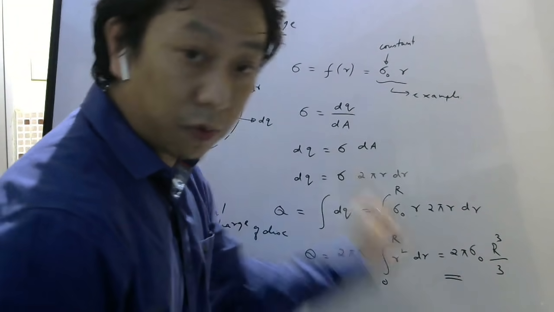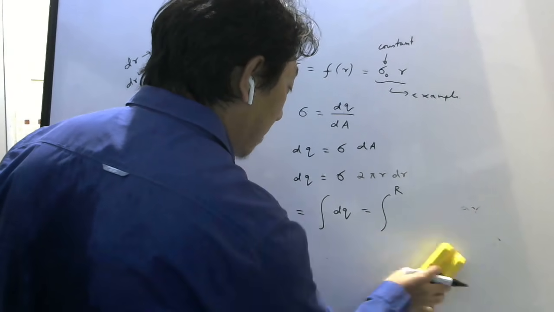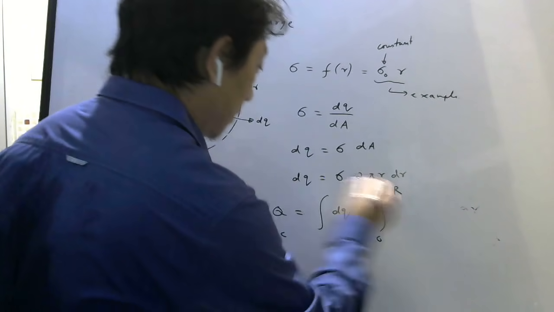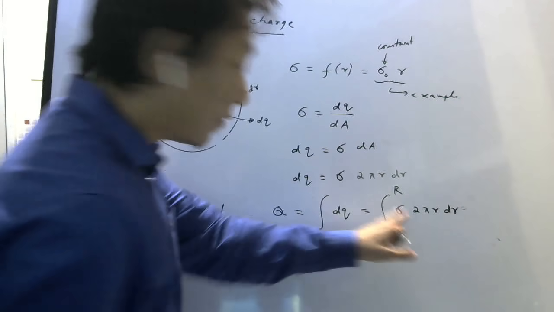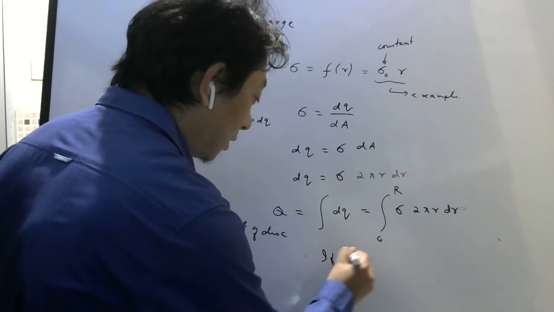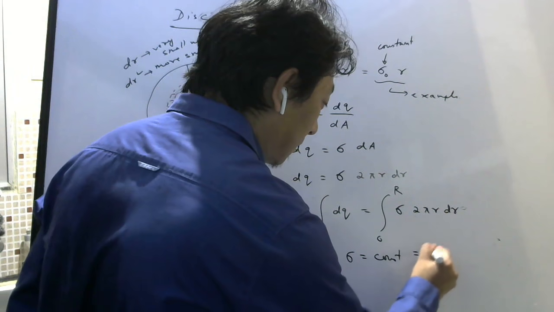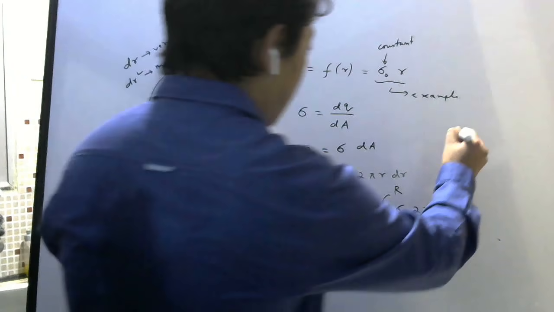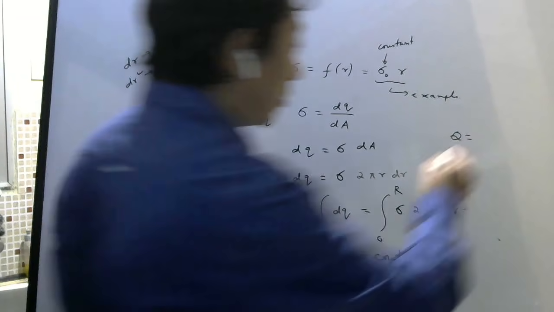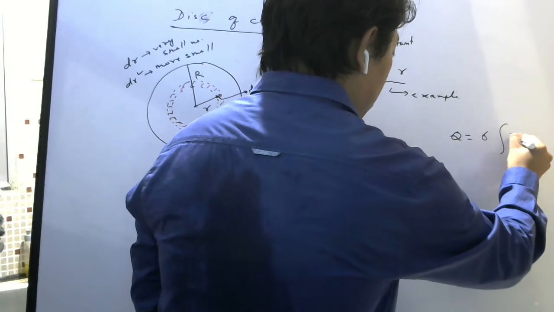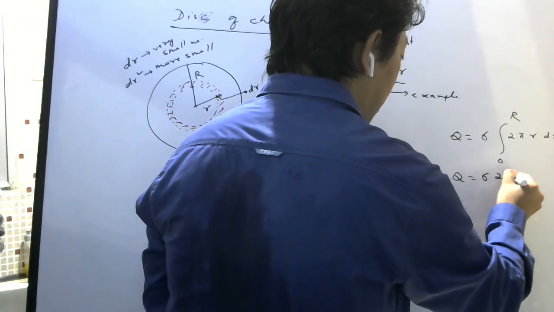Now think, once you have made note, now think if sigma was constant. So let me put this dq here. Okay, so if sigma was constant, so if the surface charge density was constant, then you see what you will get. Put this sigma outside, right? Total charge, let me show you here. Now it is constant. Okay, now this function is not given, it is constant. Then you can take sigma outside. What is left? 2 pi r dr from 0 to capital R. 2 pi is also constant, take it outside.